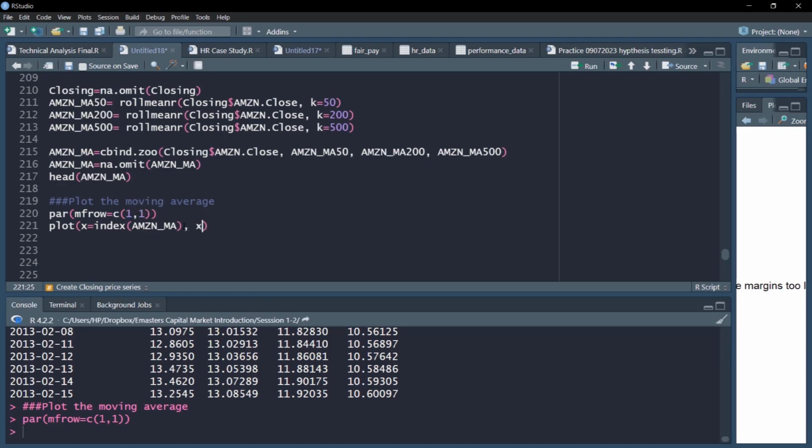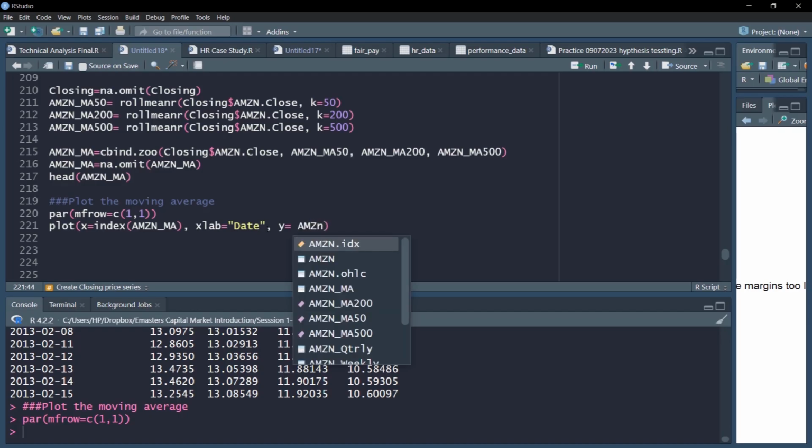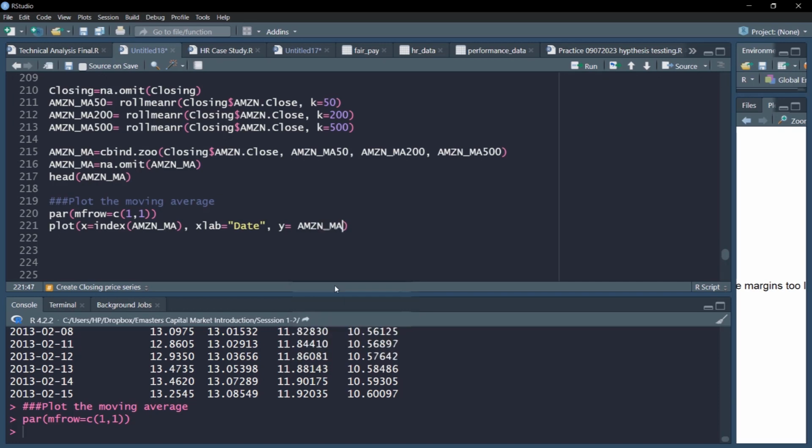We'll name the x-axis, xlab equal to Date. The next is the y-axis, so we'll specify that the y-axis is the closing prices, and we'll put ylab equal to Price in dollars.